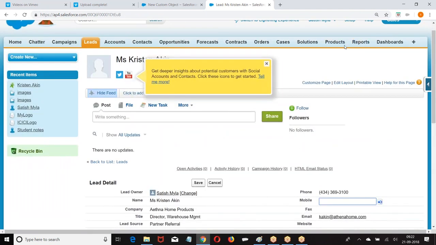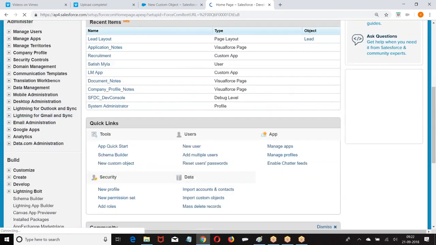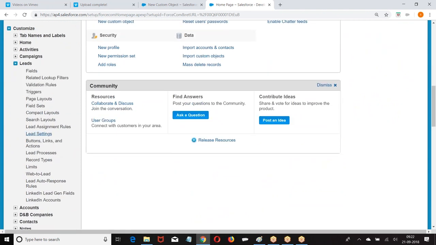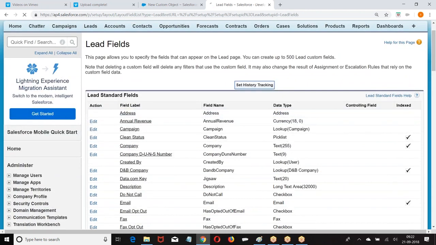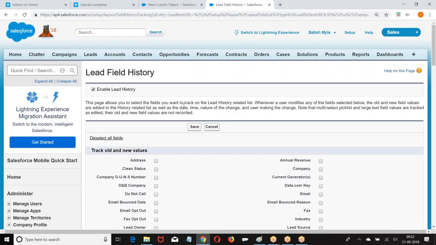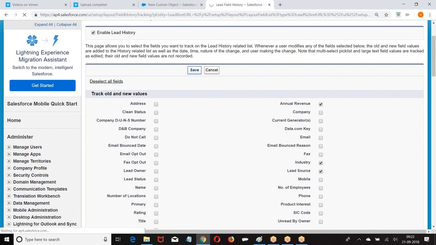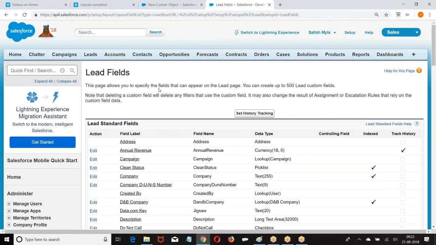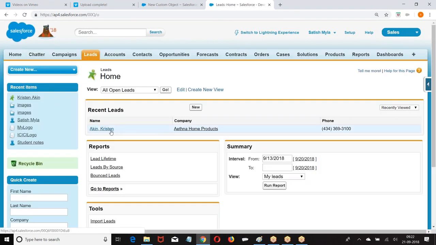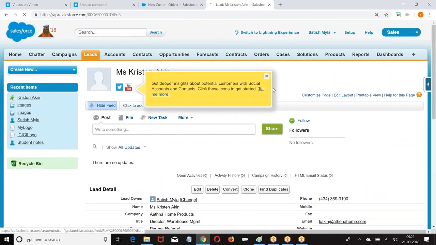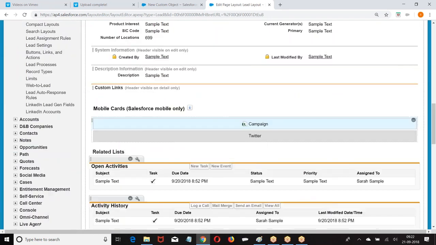Look at the point. I'm just showing you the structure. Don't look at the options I'm using, just try to understand the concept.